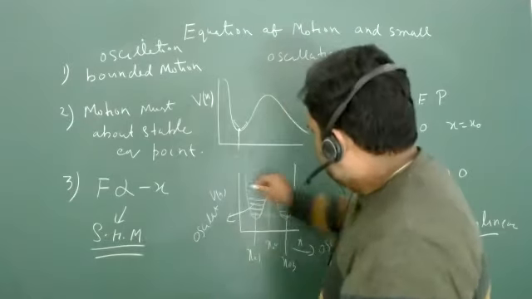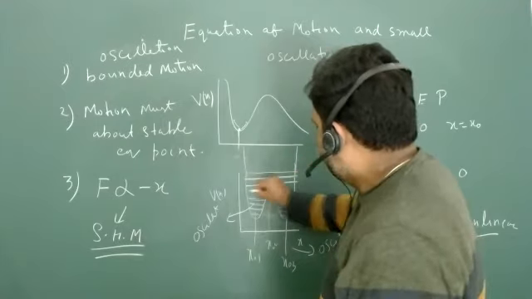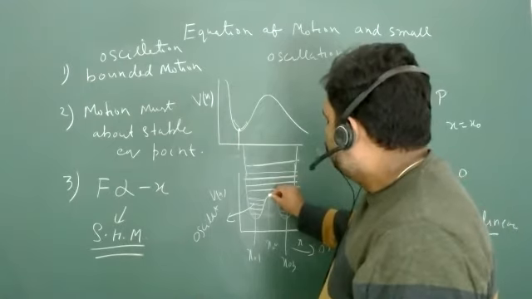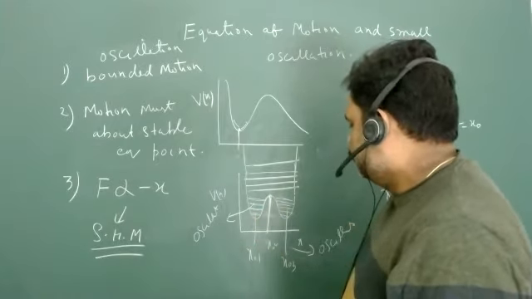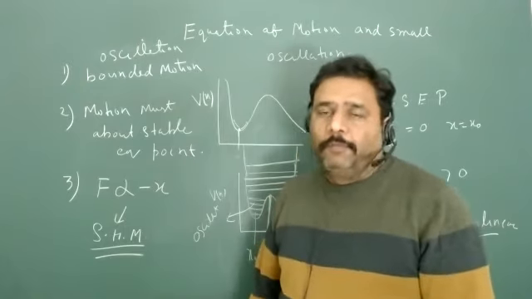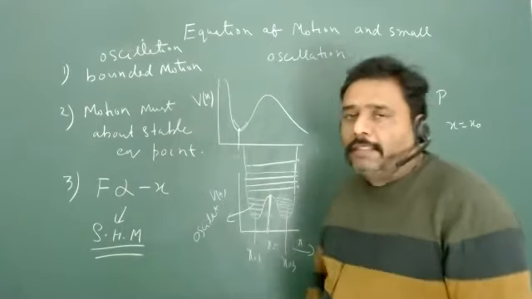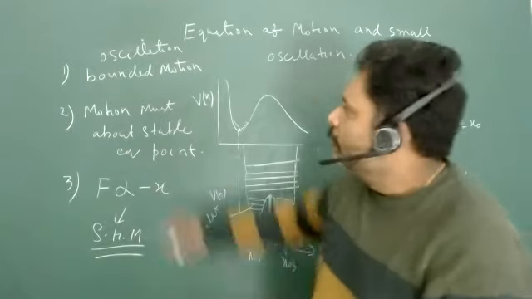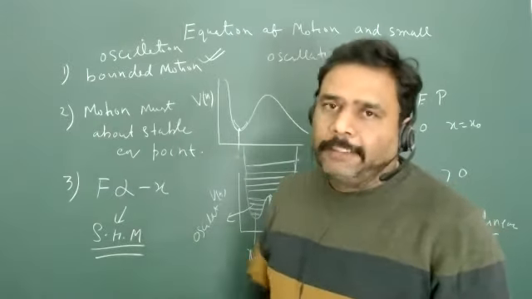For example, this is bounded motion, isn't it? This is your potential and this is your bounded motion. But this bounded motion is all about this point, which is the relevant point for this particular energy. Is it a stable or unstable point? Obviously this is an unstable equilibrium point, so it is not necessary that this motion will behave like an oscillatory motion. For oscillatory motion we need bounded motion, which means it is periodic in nature.